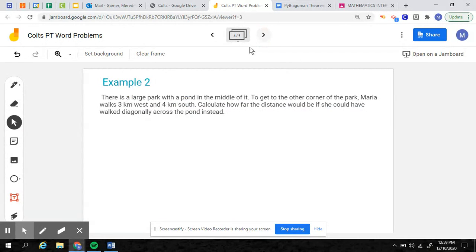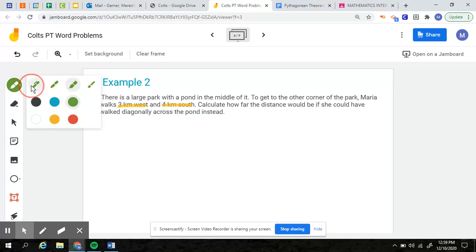Okay, if we go to slide 4, here's our second example. Okay, so once again, let's read our question. Let's highlight the important information. So there is a large park with a pond in the middle of it. To get to the other corner of the park, Maria walks 3 kilometers west and 4 kilometers south. The question that they are asking us is calculate how far the distance would be if she could have walked